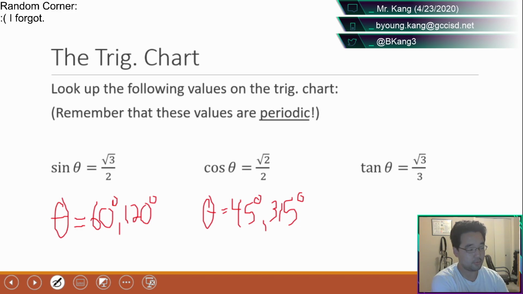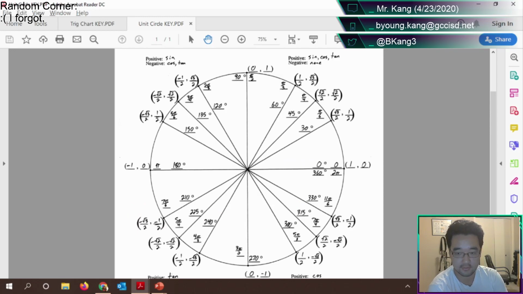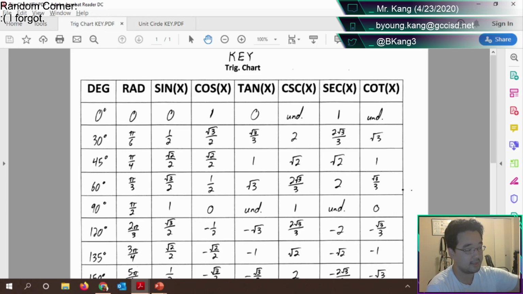Now we get to the super annoying one, the tangent one, right? We always hate tangent. Where is tangent equal to square root of 3 over 3? The annoying part about using the unit circle for this, and the reason why I didn't post it on the post for this lecture, is because tangent is not directly readable off of this. Tangent is sine divided by cosine, or y divided by x. So you would have to do a fraction divided by a fraction for every single point on the circle. That would be a lot of scratch work. So that's what the trig chart is for. The work is done for you already.